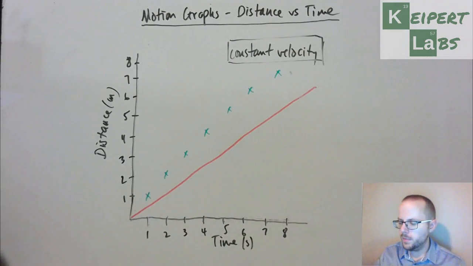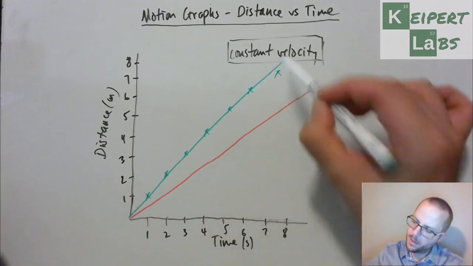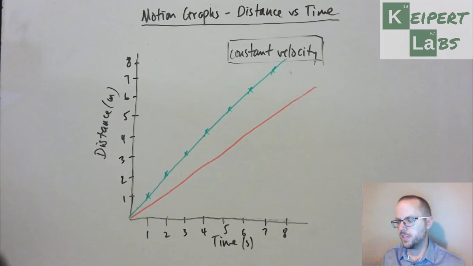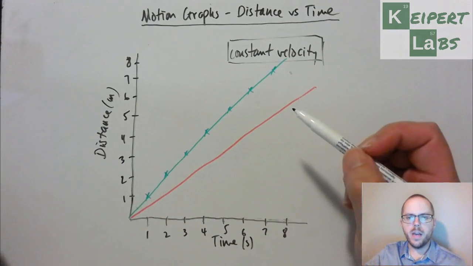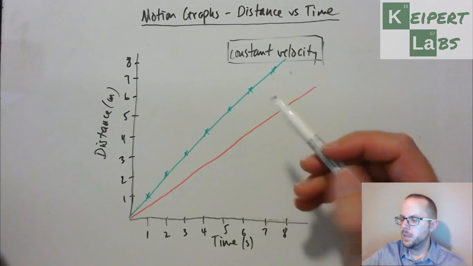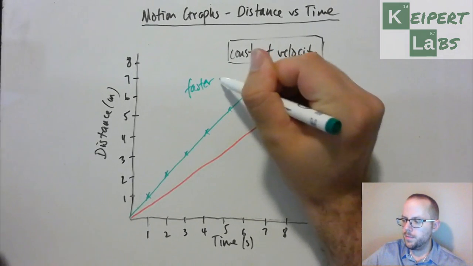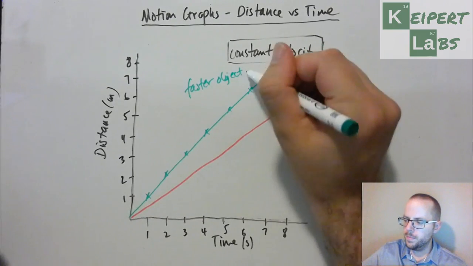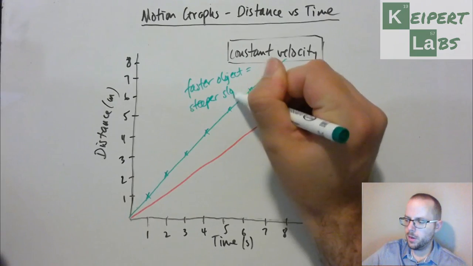Okay, so we could plot the points of its position if we wanted to, and what we're seeing here, if we draw this as a straight line, okay, now that one should be more up here, but that's just my rubbish scale. What we see here is that we also end up with a straight line, but it's got a different slope. So for the constant velocity, a faster moving object